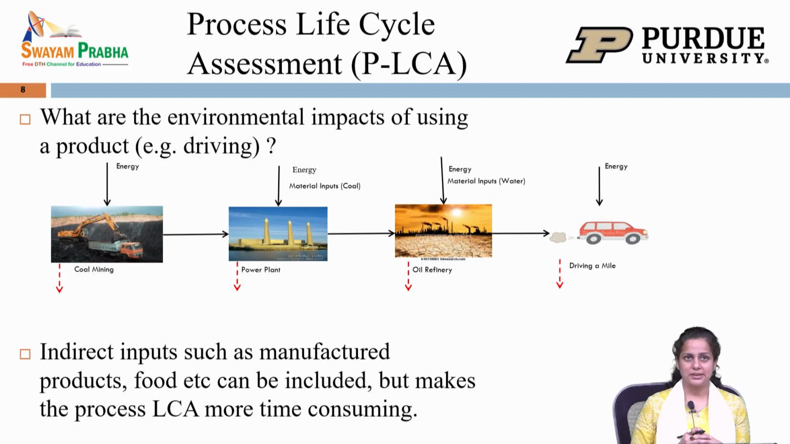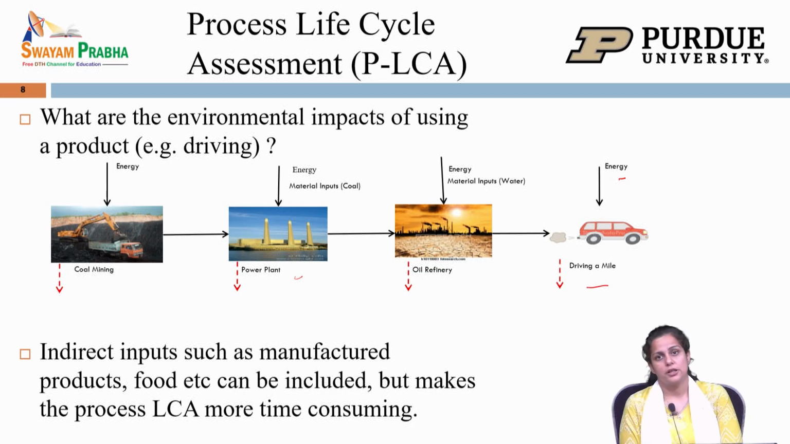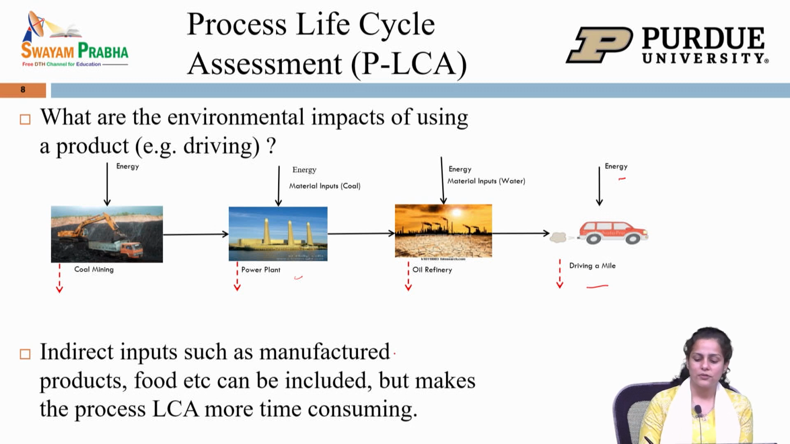So remember process LCA. This is the simple example of, let's say, we want to quantify the impact of driving a mile in a car. You have the life cycle stage of consumption of the fuel by driving a mile. You have energy inputs. You are looking at the upstream processes of the oil refinery, and you also have a power plant that is providing some of the oil or electricity, and then coal mining providing the coal for the power plant to actually make electricity. So this is the whole process LCA system, and you can also have some indirect inputs